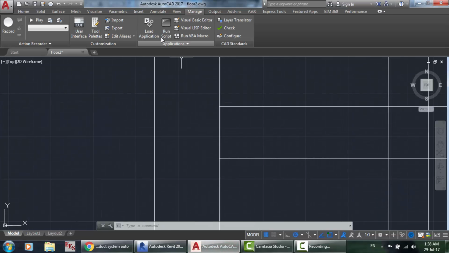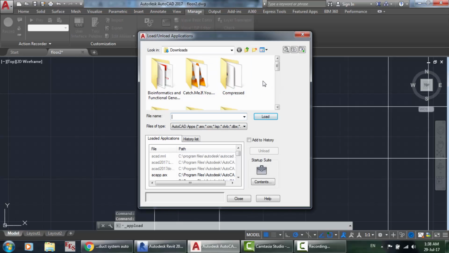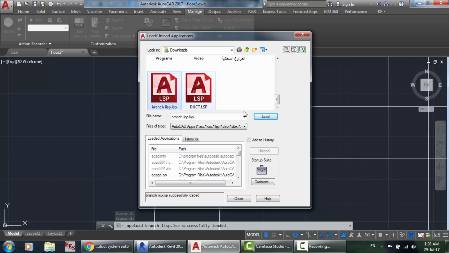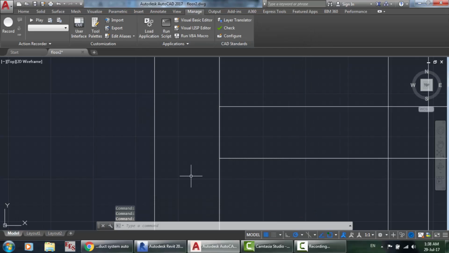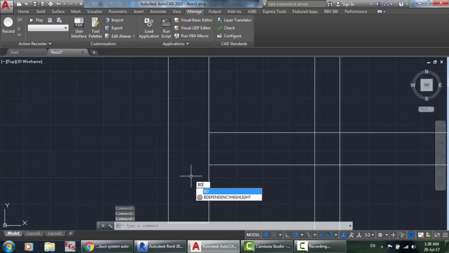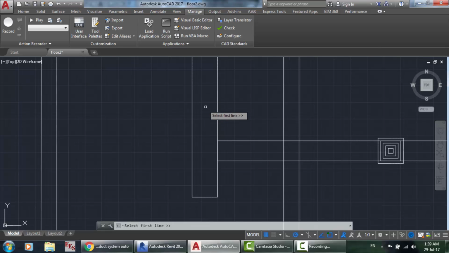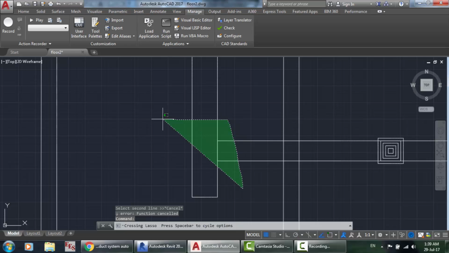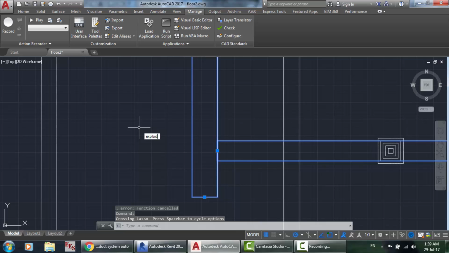So now we're gonna load application. I'm gonna load the branch lisp. Okay, load, close, and branch lisp is BD to draw the branch. So there is another method for drawing the branch. So the flow comes from here to here. So pick this line. I'm sorry, before this you have to exclude all, exclude. Okay, now you find every line single as a single line, BD,